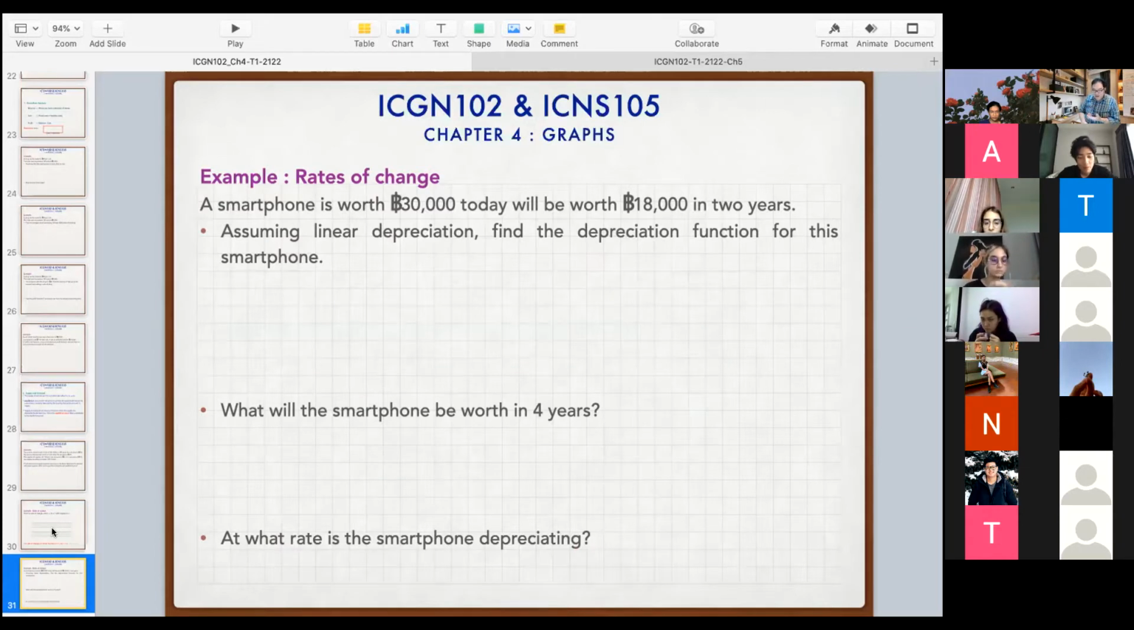So in terms of business, when you buy something, when you buy some assets, and when the time goes by,